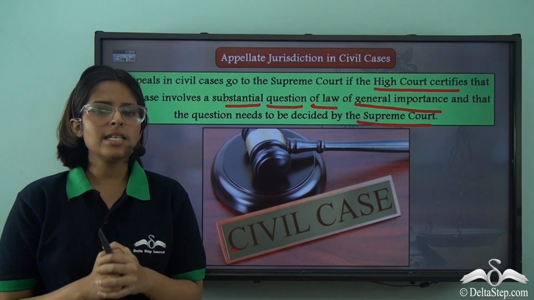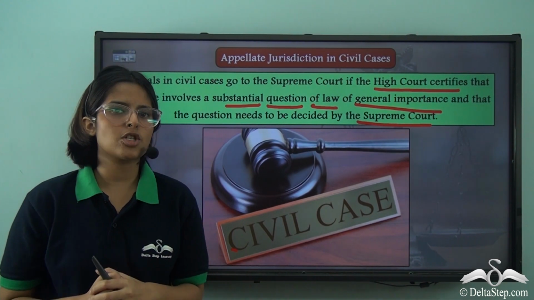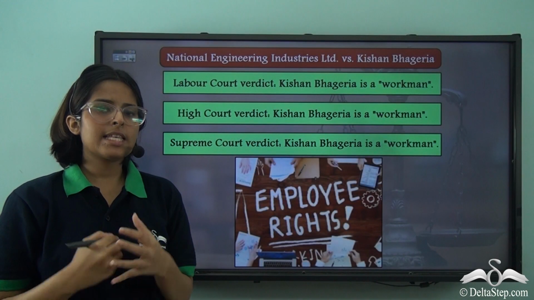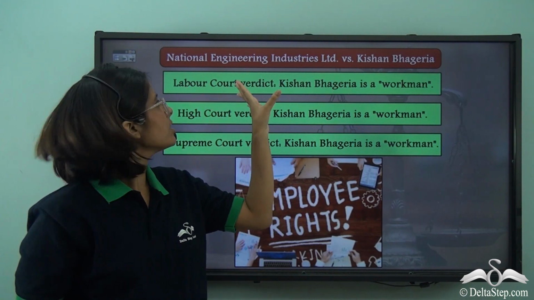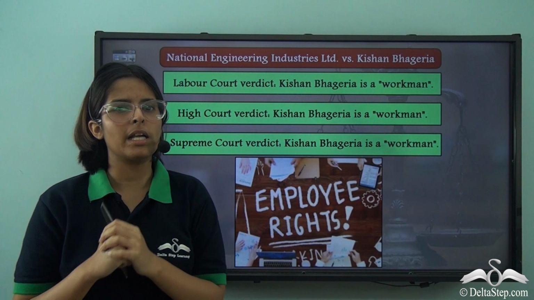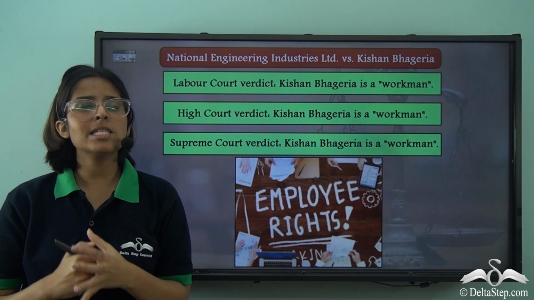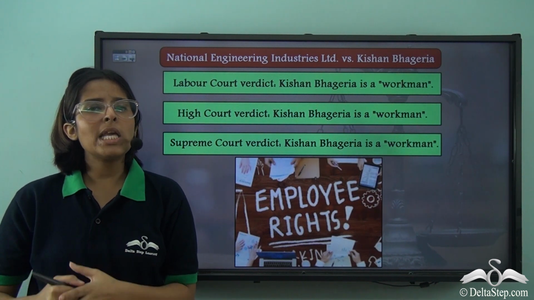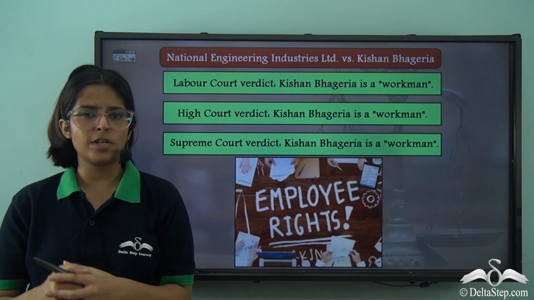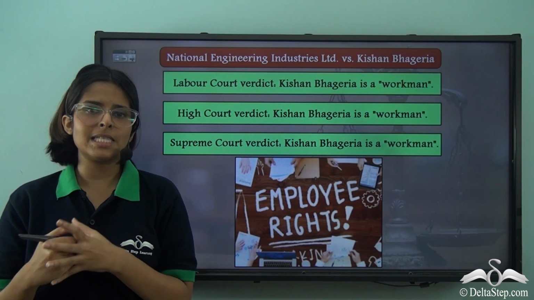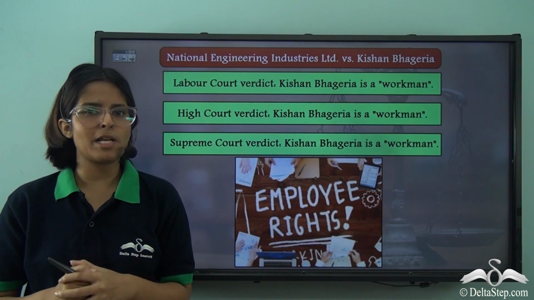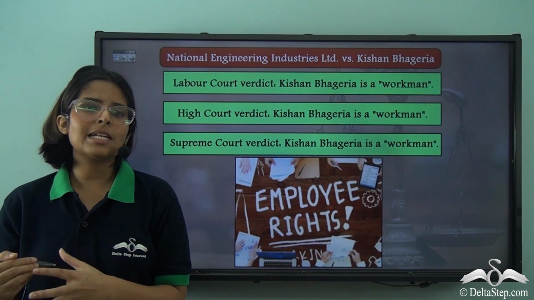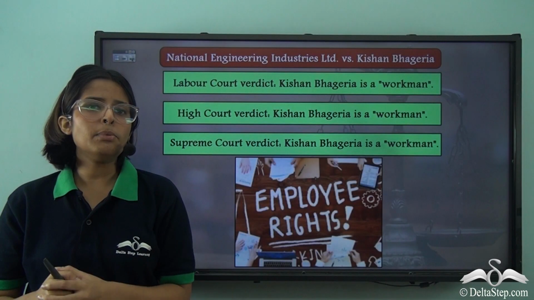Now, let us look at a case through which we can understand the appellate jurisdiction of the Supreme Court in civil cases. This case is known as National Engineering Industries Limited versus Kishan Bhageria. So, what happened was Kishan Bhageria was working as an internal auditor in a company, and when he was not present in office for a certain period of time, the company stopped giving him salaries and also put him on suspension. When Kishan Bhageria came back and filed an application in the company that his salaries must be given to him, then the company dismissed him from